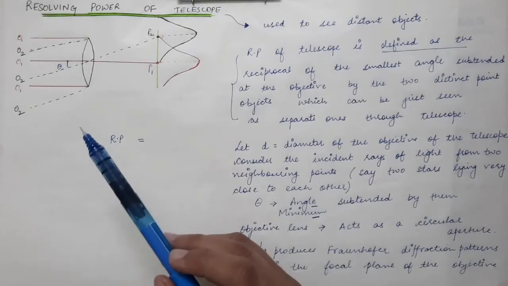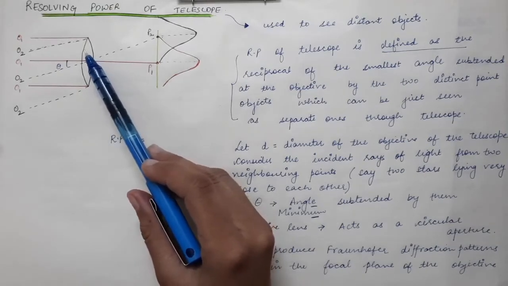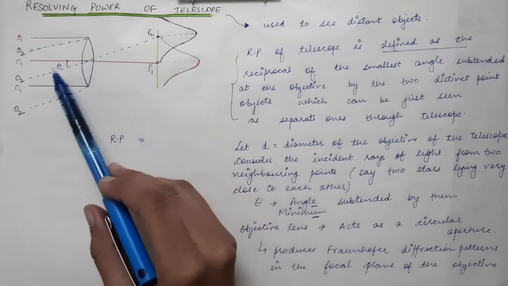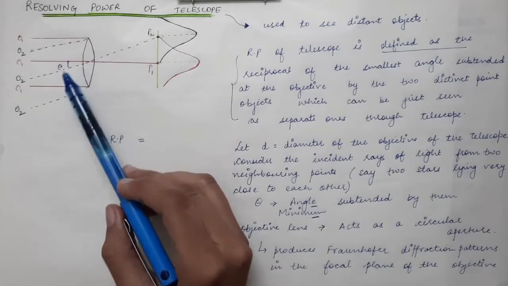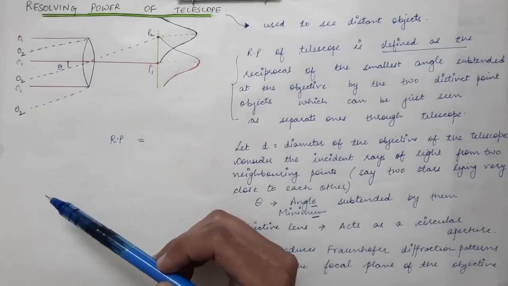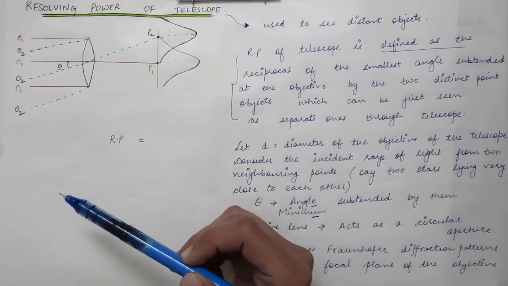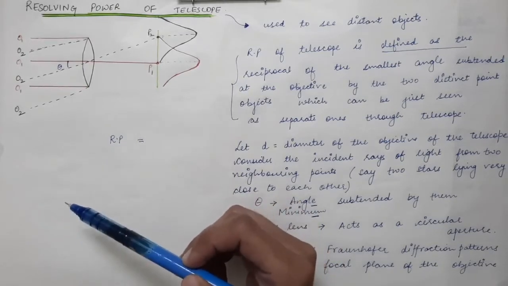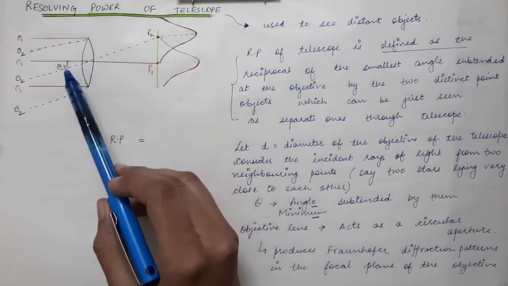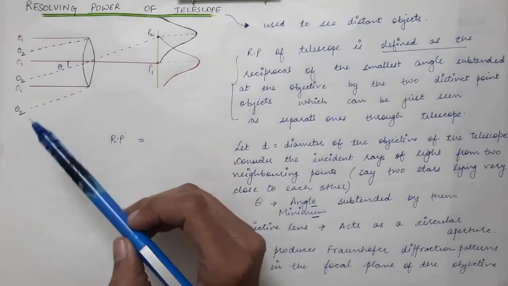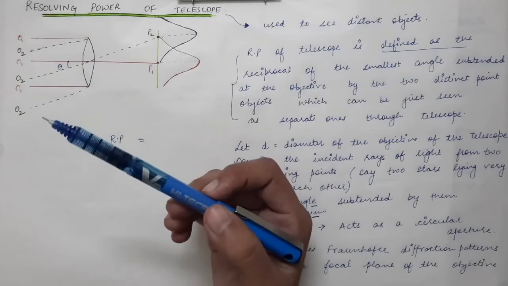So obviously the resolving power of the second telescope is larger as compared to the first telescope, because for the first the minimum angle that must be subtended is 4 degrees, and for the other telescope, the minimum angle that must be subtended so that the objects are just resolved is 2 degrees. So obviously the second telescope is better for us. You can say that the resolving power is inversely proportional to the minimum angle. The lesser the minimum angle, the more the resolving power, and the better the telescope.